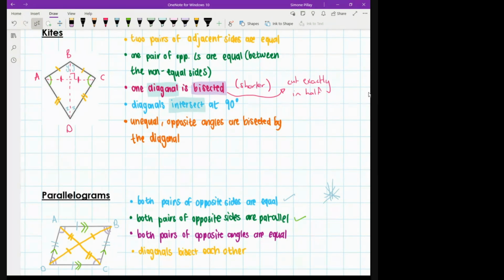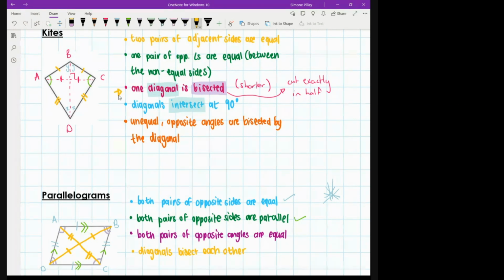Okay. So what I firstly want to ask is, do you understand what a diagonal is? Yes, ma'am, I do understand what the diagonal is. Okay. And do you understand what I mean when I say something is bisected? Yes, ma'am. And you also understand what I mean when I say something intersects? Yes, ma'am. Okay, cool. So now that we know all of our terminology, what we said here is that